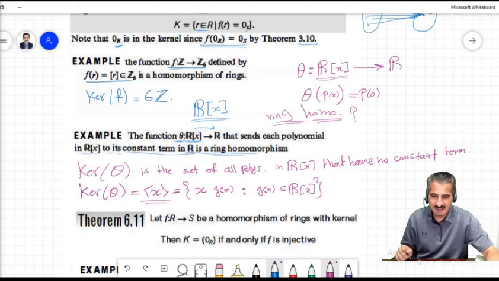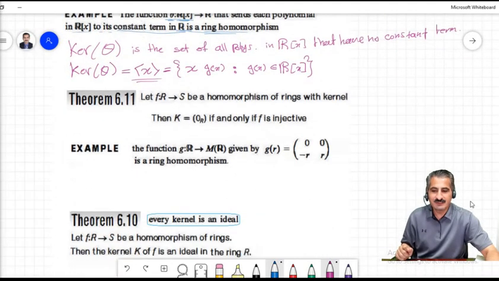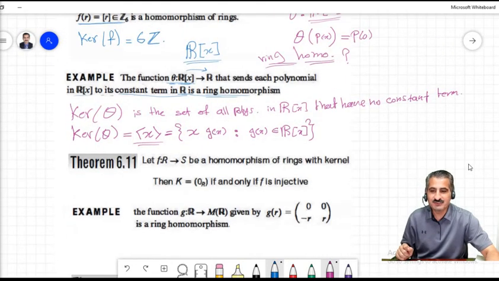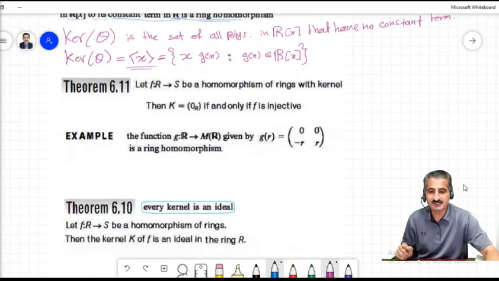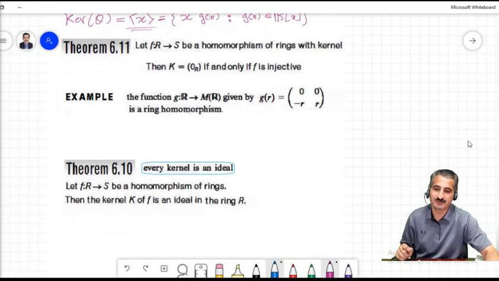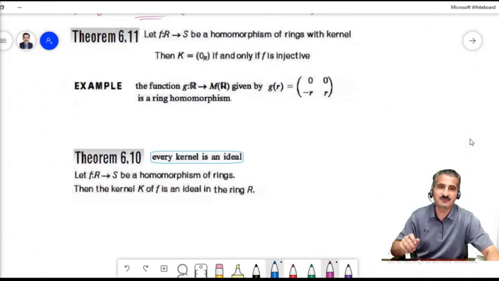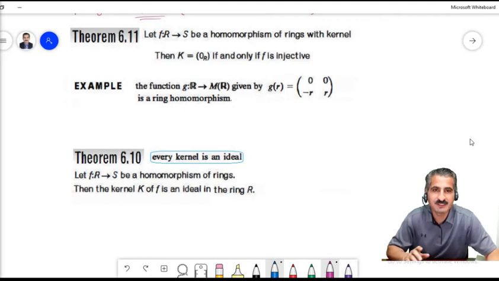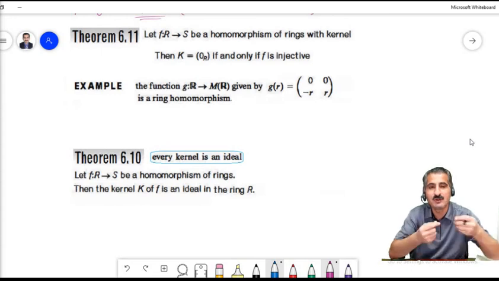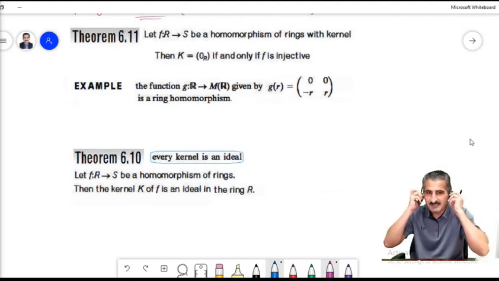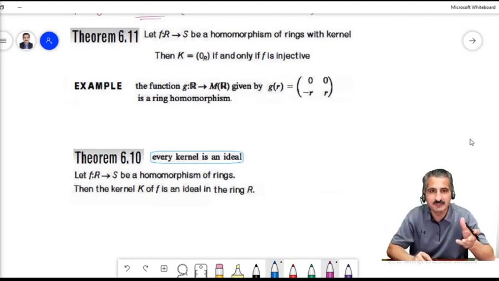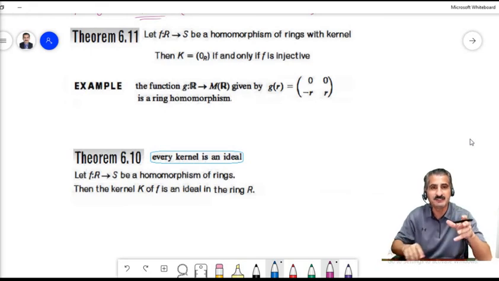Good. Now, a homomorphism is injective if and only if the kernel consists of the zero. We have seen that if we have a homomorphism, then the kernel is not empty. It consists of the zero, which belongs to the kernel. We have just mentioned it there. So the kernel is not empty. Now, if it happens that 0 is the only element in the kernel, then that means the homomorphism is